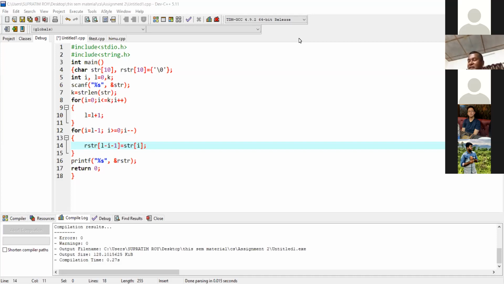Both are the same, na? L is also going for strlen and k is also going for strlen. Yes, sir. L is for what purpose?